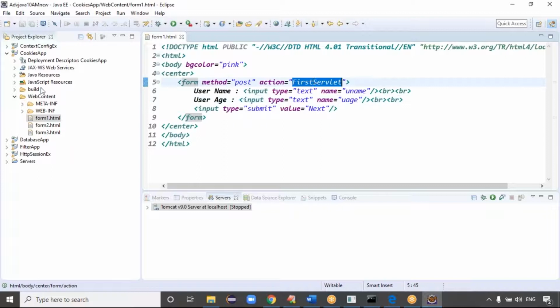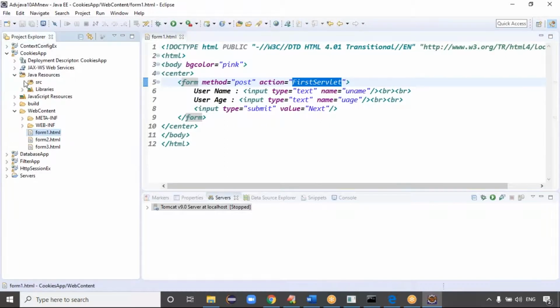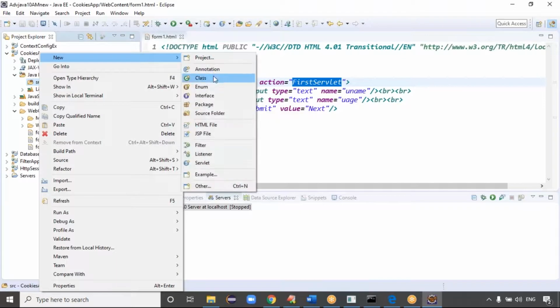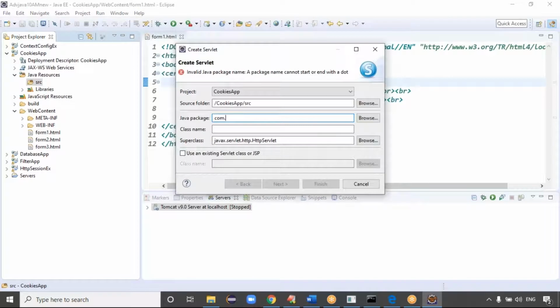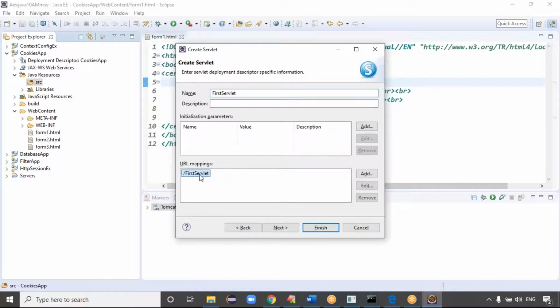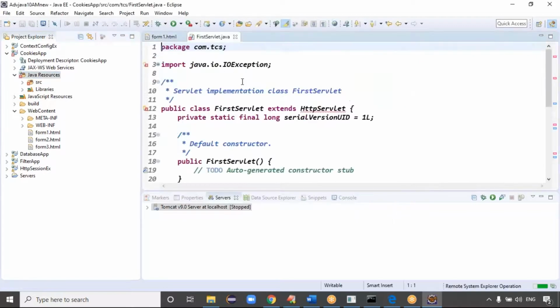Here the first one is FirstServlet. Go to the Java resources, src, right click here, click on new. I want to create the servlet. If you create the servlet, the package name is com.tcs, and the class name is FirstServlet. Click on next. By default the class name is the URL pattern. Click on finish. Then we have to override the doPost method, guys, and we can copy the jar file